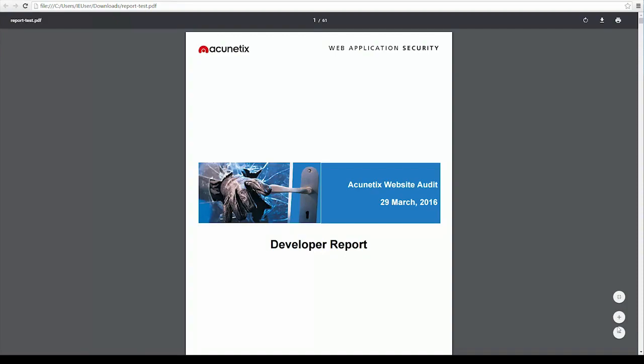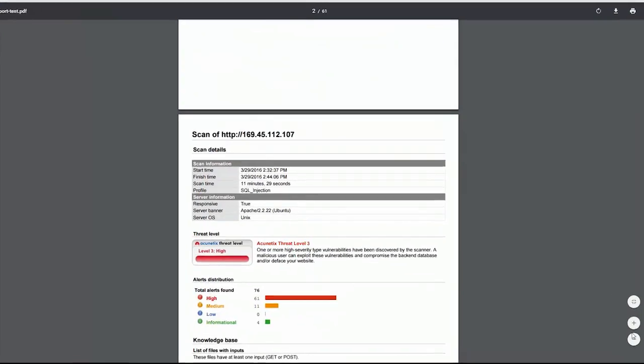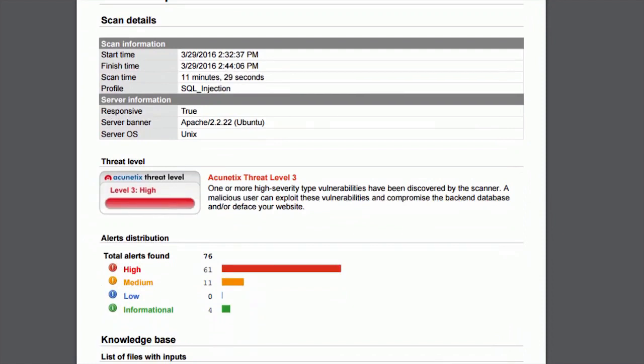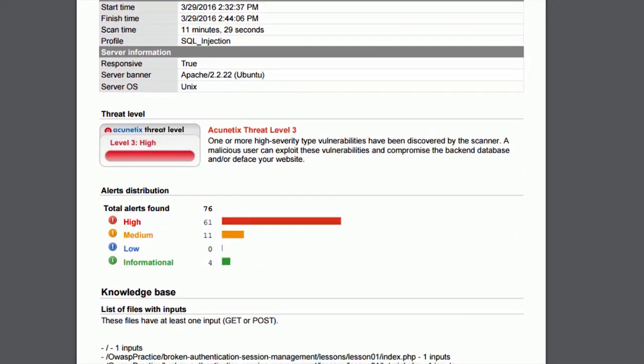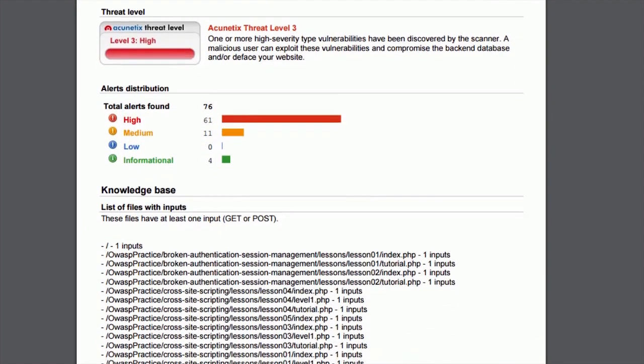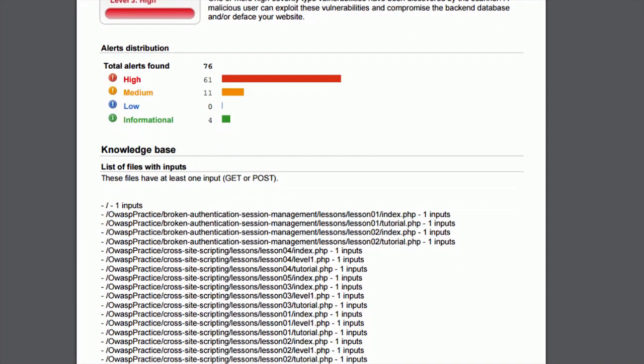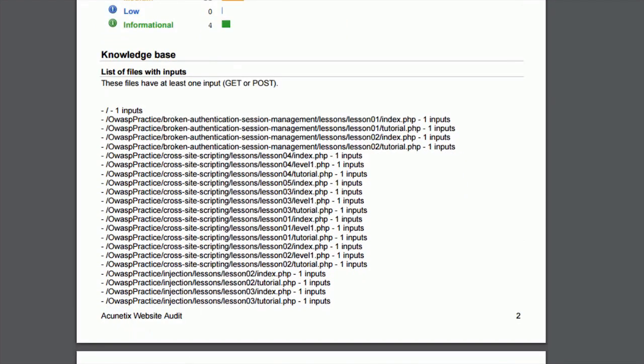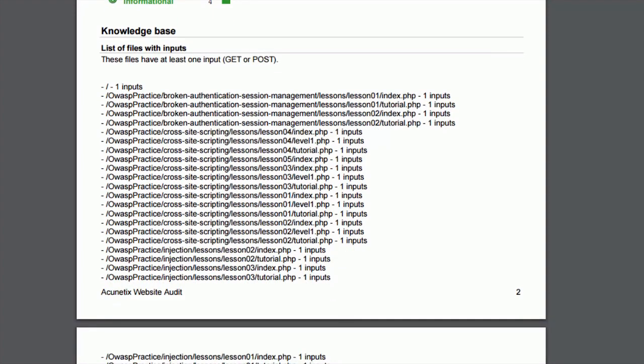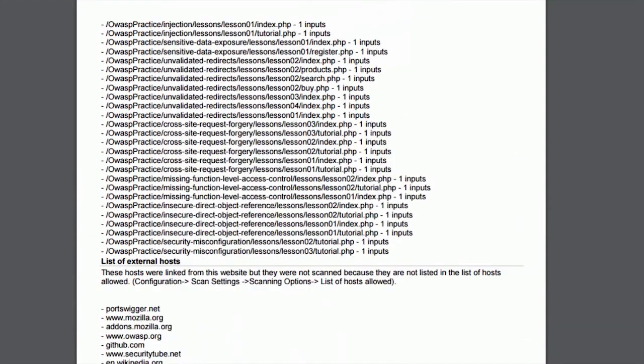You have here your Acunetix website audit developer report, as you remember, and then you have all the details: start time, finish time, scan time, profile, responsive true, server banner, and all the details about the high, medium, low, and informational findings. Every scanner has its own definitions. WebInspect has critical. I don't see critical here anyway, but at the end, we should be able to recognize it. It lists the external hosts if the application is connecting to an external host,